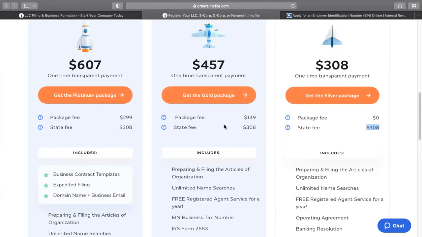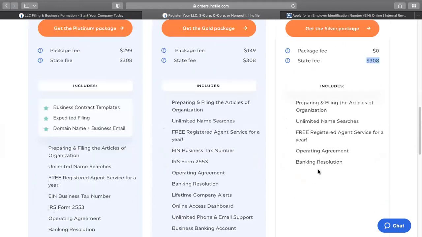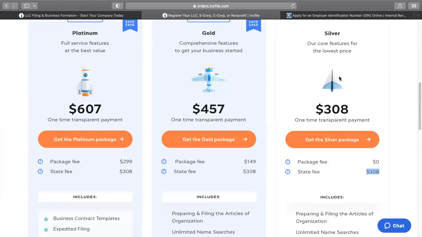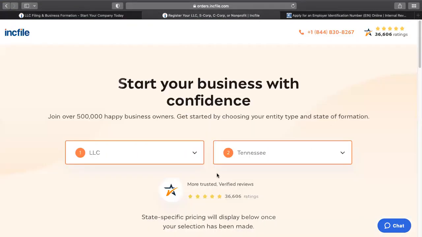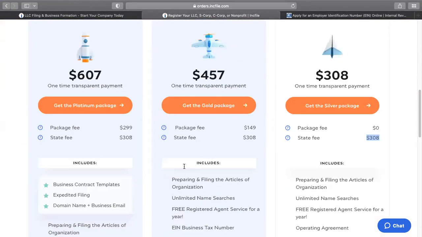When I started my LLC, I believe I did 308 because I had everything for the most part. I just had the official fee, right, which was paying the state. You gotta pay the state and incorporate correctly. So I did that. I already had an EIN number and so on and so forth, which I'm gonna show you how to get. So you don't need this. If you want it, you can, but I'm gonna show you how to get your EIN, and that's one of the things they include on here.